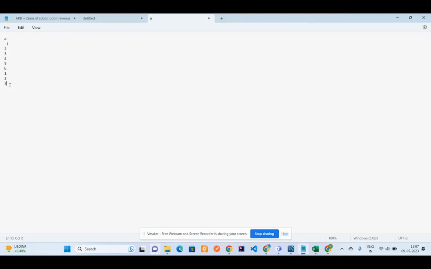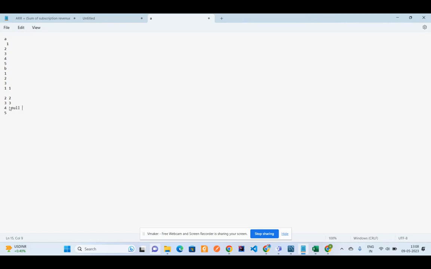So what will be the output in this case of left join? So 1, 2, 3, 4, 5. And beside this, 1, 2, 3 will be there and all the remaining values will be filled with null.